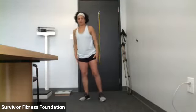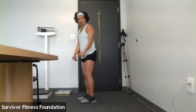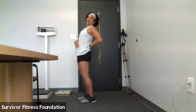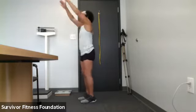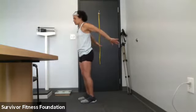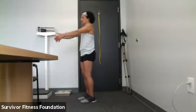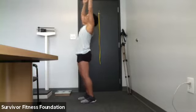Awesome, perfect. Feet about hip distance apart here. We're gonna lead with your thumbs forward. We're gonna reach up, send your hips forward like you're gonna do a back bend, then come down. Press your arms straight up to the ceiling, get a nice triceps stretch. And again, press your hips forward, do a back bend, stand up,